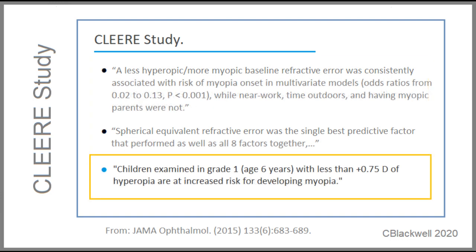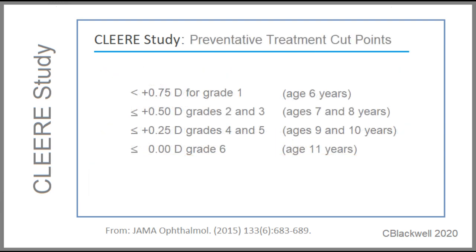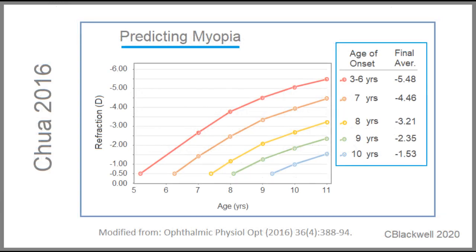As a practical guide, they identified children who started out with a low amount of hyperopia as the most at risk of becoming myopic. They specified cut points, signaling risk of future myopia. The concept is easier to see looking at this graph of myopia development. The family of curves shows that the earlier myopia starts, the higher degree of myopia you end up with. In considering treatment, if the aim is to prevent myopia over 3 diopters, according to this study, you would treat children whose myopia developed before age 8.